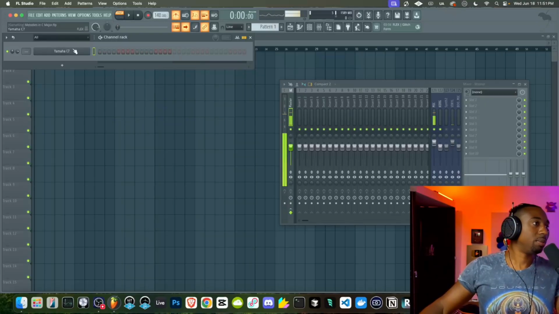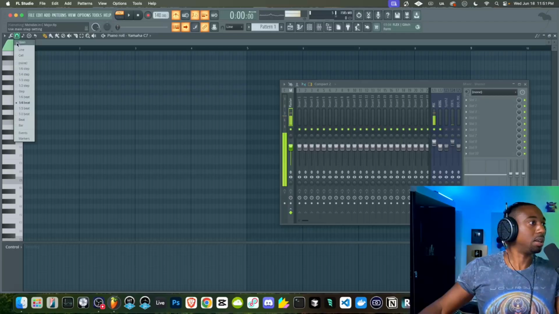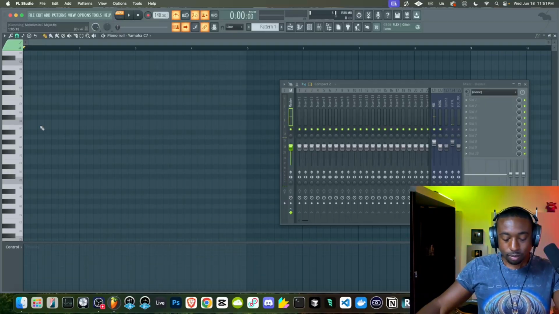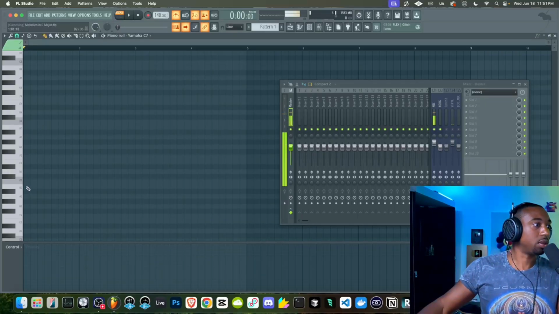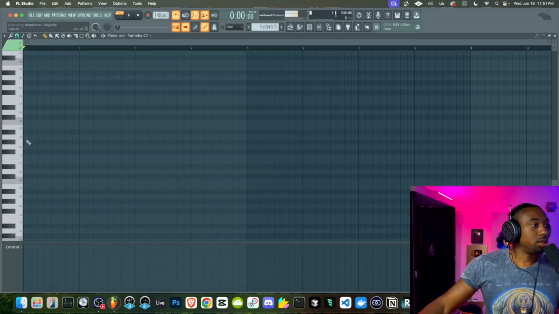So we're at 140 BPM. I usually just stay at the default BPM unless I have a very specific thing in mind. I'll tap the BPM out. For now, let's just right click and go to the snap to grid. Go to 1/2 beat. All right, so we're going to write in the key of C major, which is all the white notes starting from C. So let me give you guys a couple ways to approach this.